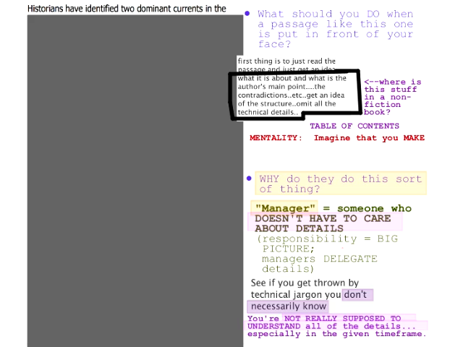So what's a good mentality to adopt here to do the right kind of job that you're supposed to do? The mentality that you want to have is, imagine that you make tables of contents for a living. Like actually for a living, you produce.